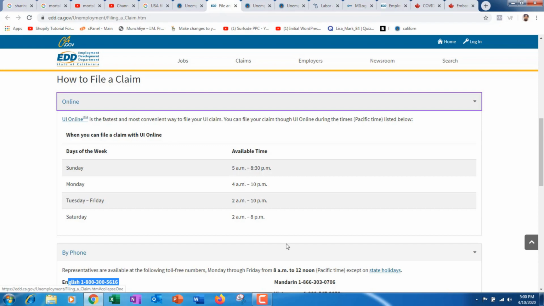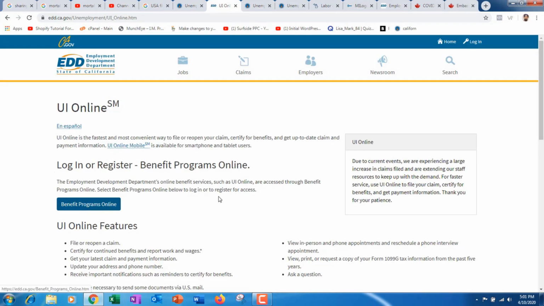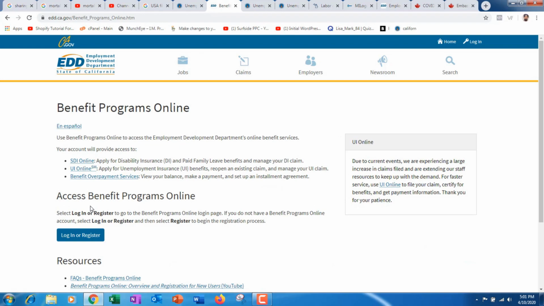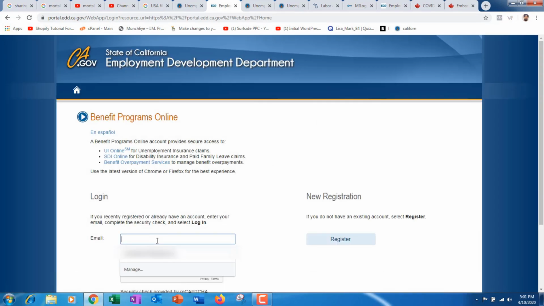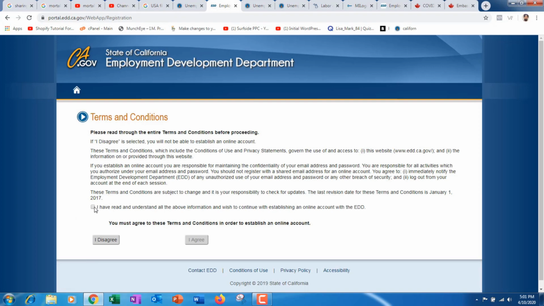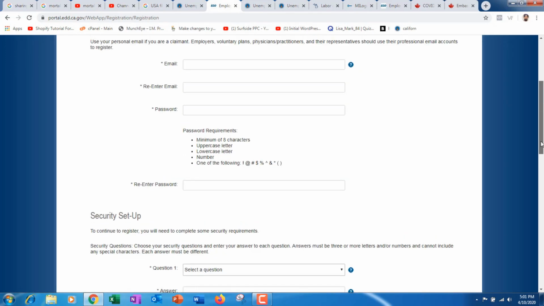So these are the timings available, and you have to just press this button, so it will open this page, and then click on benefit programs online, and then it will ask you to log in or register. And then you can either log in if you have already an email with Employment Development Department of California. If not, then you have to register it, and then I guess agree the terms, and then register your email